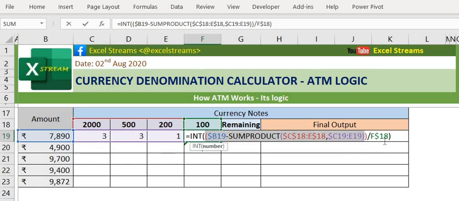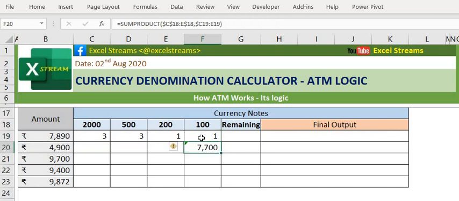190 divided by 100 comes to 1.9. Since you have used the integer function, it will round it down to the lowest number. What is the lowest number of 1.9? That comes to 1. You get a 1. But this is not the full amount.